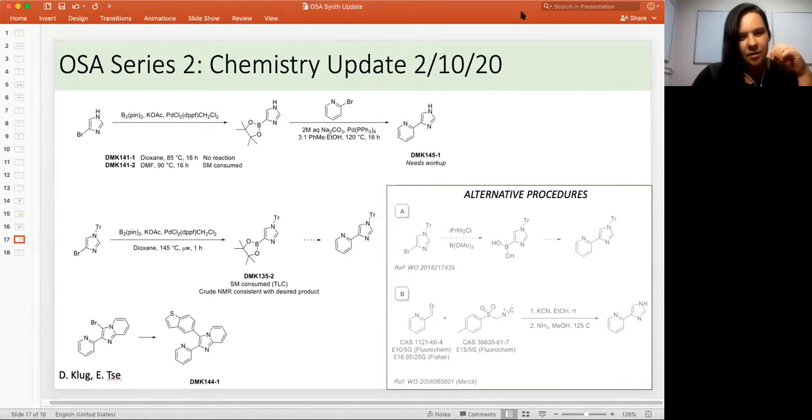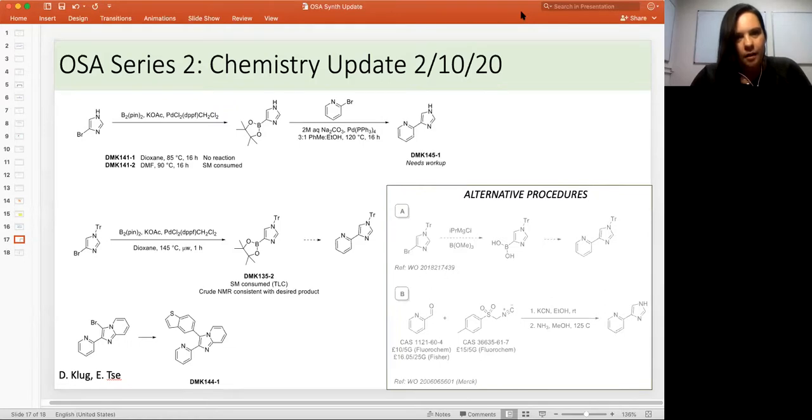And these reactions too are a little bit hard to monitor because they don't ionize very well and they're not all that UV active. But I took a crude NMR. It looks like the starting material is gone and there could be product. So I took that crude and I didn't try to purify it. I just pushed it to the Suzuki. So that I just need to work up today